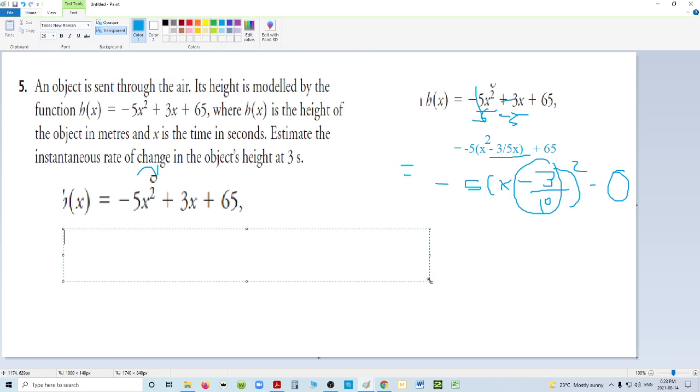Doesn't matter. So my h of 3 is equal to minus 5 times 3 squared. What's 3 squared? 9. What's minus 5 times 9? Minus 45. Plus 3 times 3. What's 3 times 3? 9. Plus 65. What's negative 45 plus 65? Plus 20. So it's plus 20 plus 9. What's plus 20 plus 9? 29. So therefore, at 3 seconds, it's at the coordinates 3, 29, and we also know